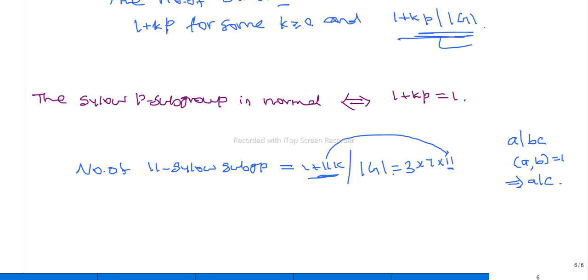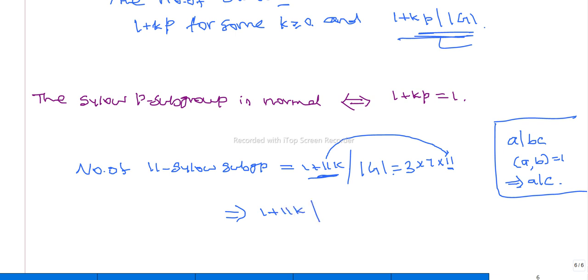So this is a very important result in number theory. Suppose a number divides the product of two numbers, and the GCD of A and either C or B is 1, then A should divide the remaining number. So therefore, by this theorem, the GCD of 1 plus 11k and 11 should be 1, because 11 is a multiple of 11, but this number is never a multiple of 11 because we are always adding 1. Okay. So the GCD of those two numbers is 1, therefore by the theorem, 1 plus 11k should divide